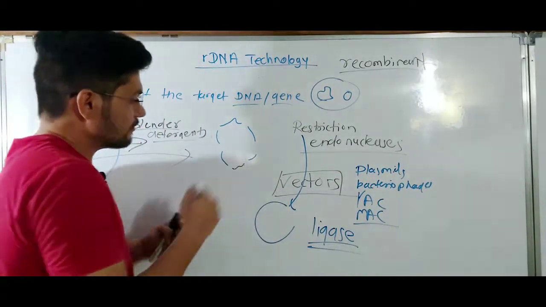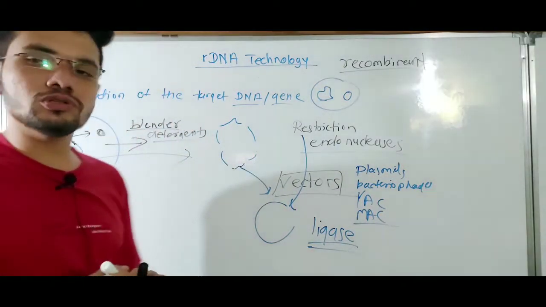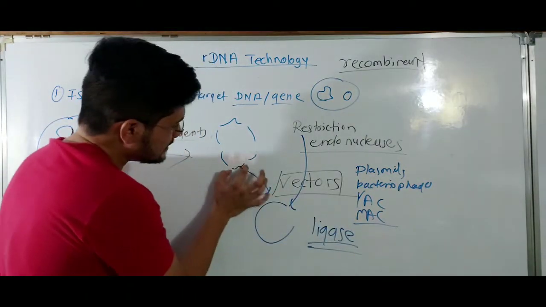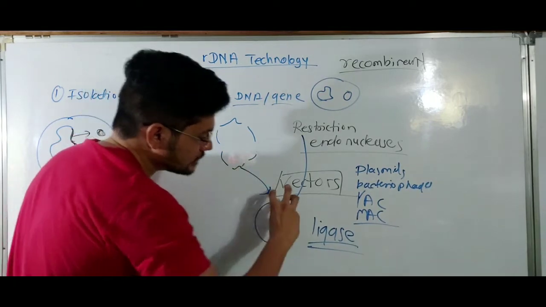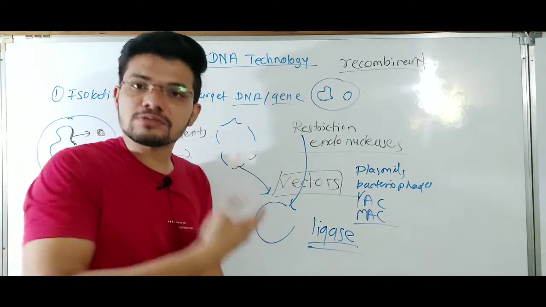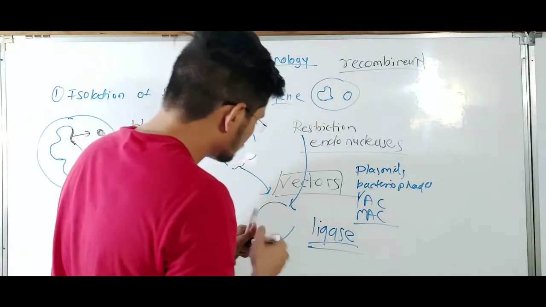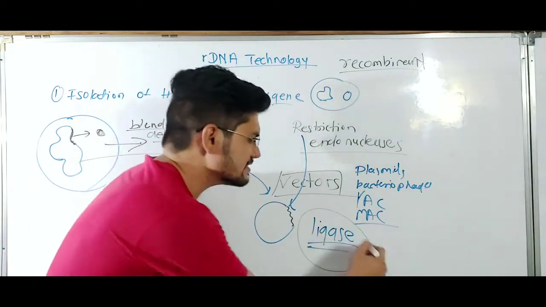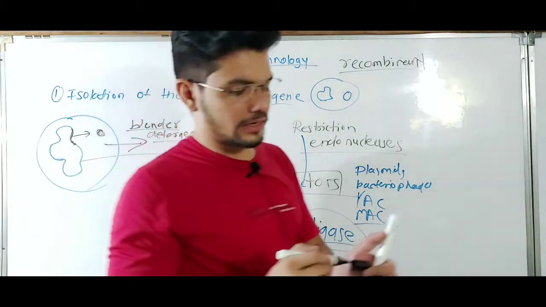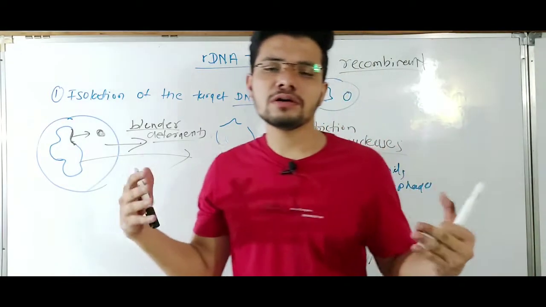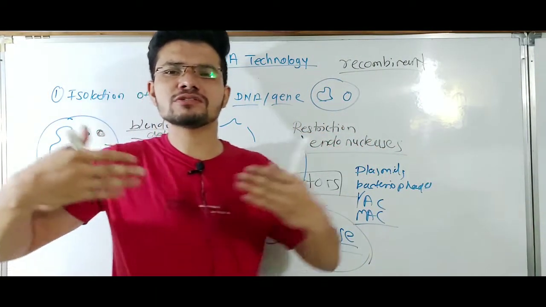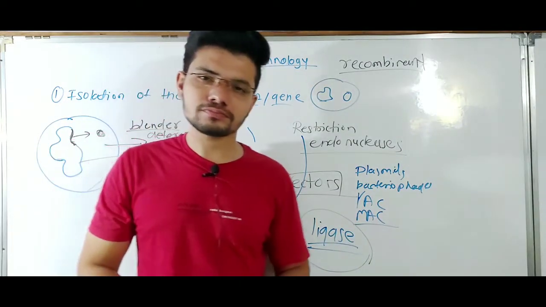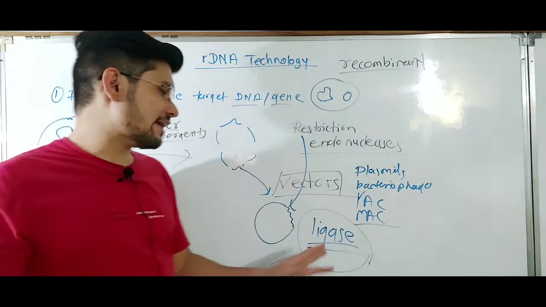So after that we will use some ligase enzymes, and this DNA will be mixed into the plasmid solution, and with the help of this ligase enzyme, this target gene will be joined to this plasmid. Okay, so this target DNA will be joined to this plasmid with the help of the ligase enzyme. We know the ligase enzyme is also used in replication, as a molecular glue which is used to join two fragments of DNA. So we are using the same enzyme here.